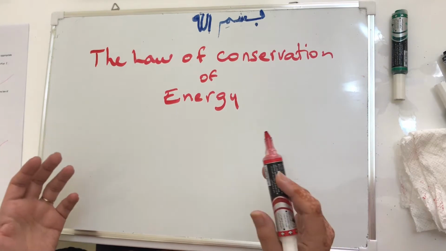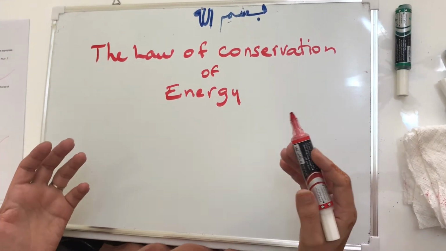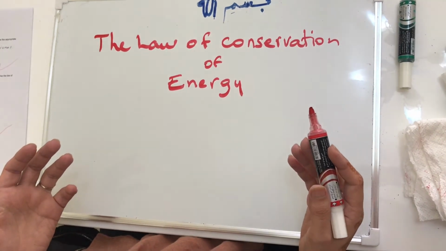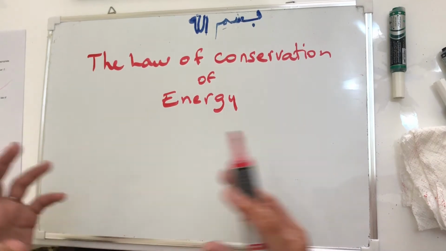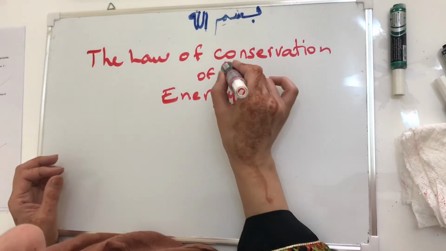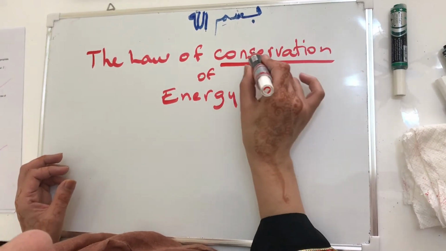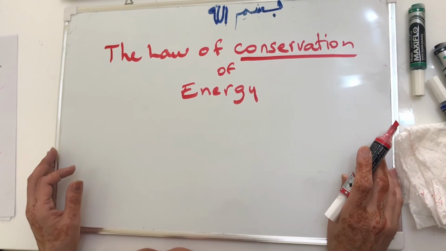You can maybe have 0 joules for gravitational energy and 10 joules for kinetic, or 10 for gravitational and 0 for kinetic, but the total of these two, kinetic and potential, remains constant. You see conservation, constant, you see the CONS. Okay, so